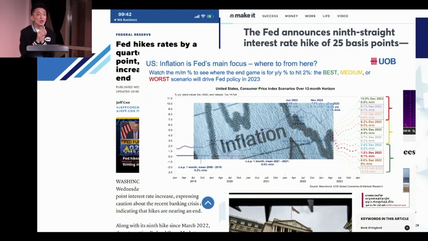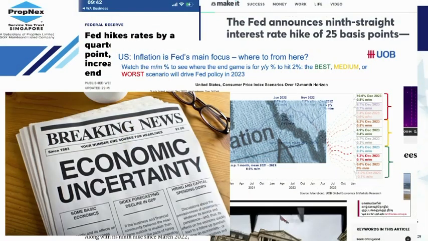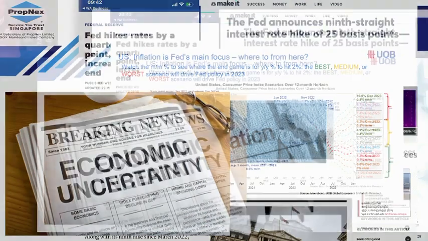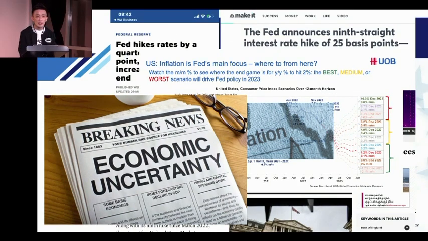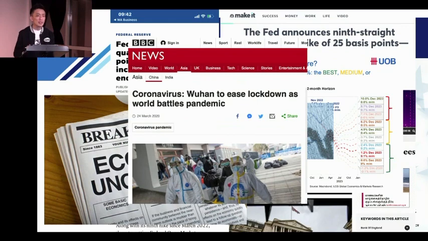As a result, a lot of people are holding back. Because why? Is it safe to do so? The cost of living is so high. But a lot of people don't understand how it works. Of course, there are a lot of economic uncertainties, a lot of issues here and there. That's the reason why the banks in the US have crashed in a sense. Plus, we just talked about COVID, which has created so many things that are happening.